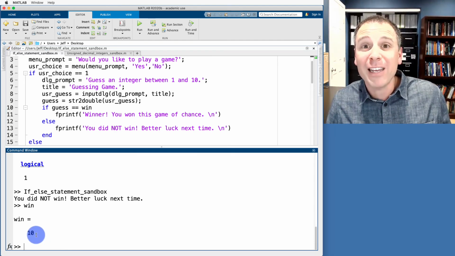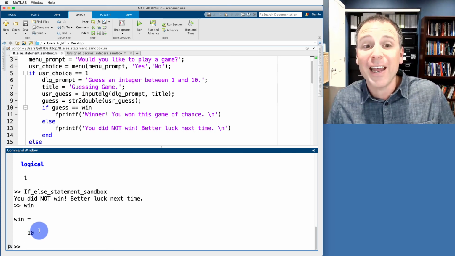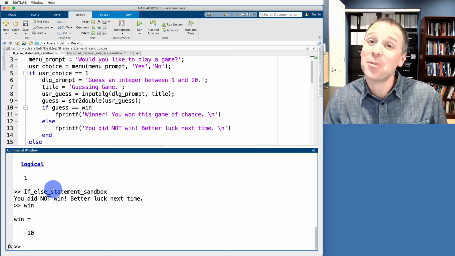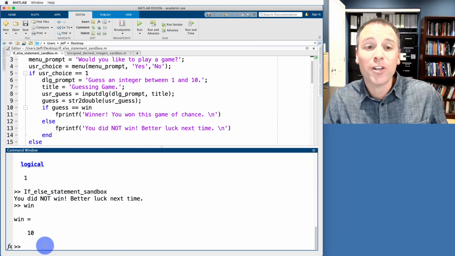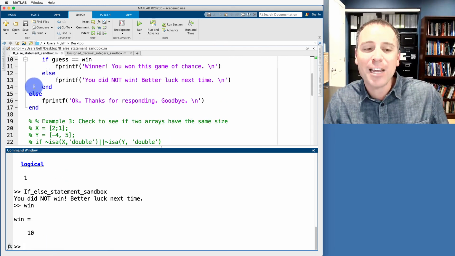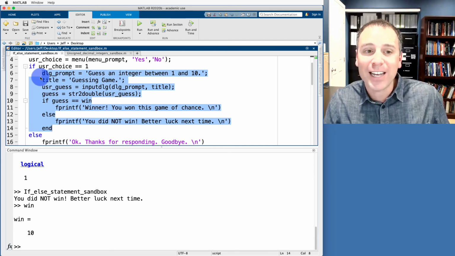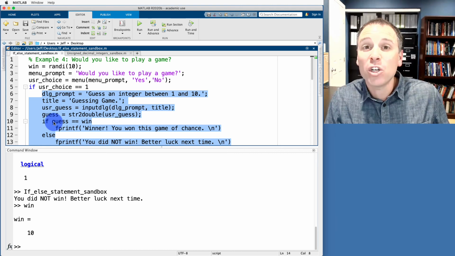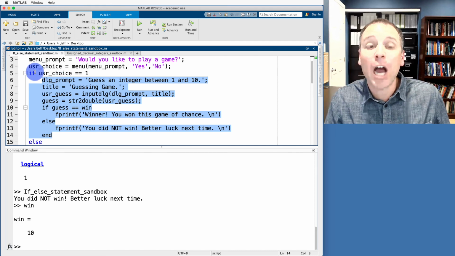My guess was 3. I would be willing to bet that if I just continue to play this game over and over again, I would expect my win rate to be 1 in 10. When I compare my game to the California lottery, the chances of winning my game were actually a lot better. So maybe I should start collecting revenue and then apportioning it to local schools. I don't know. Regardless, what you're seeing here is that we can actually nest if-else statements, and the block of code inside each code block, 1 inside the if statement and code block 2, can literally include any executable programming statements. In this case, we have nested if statements inside other if statements.